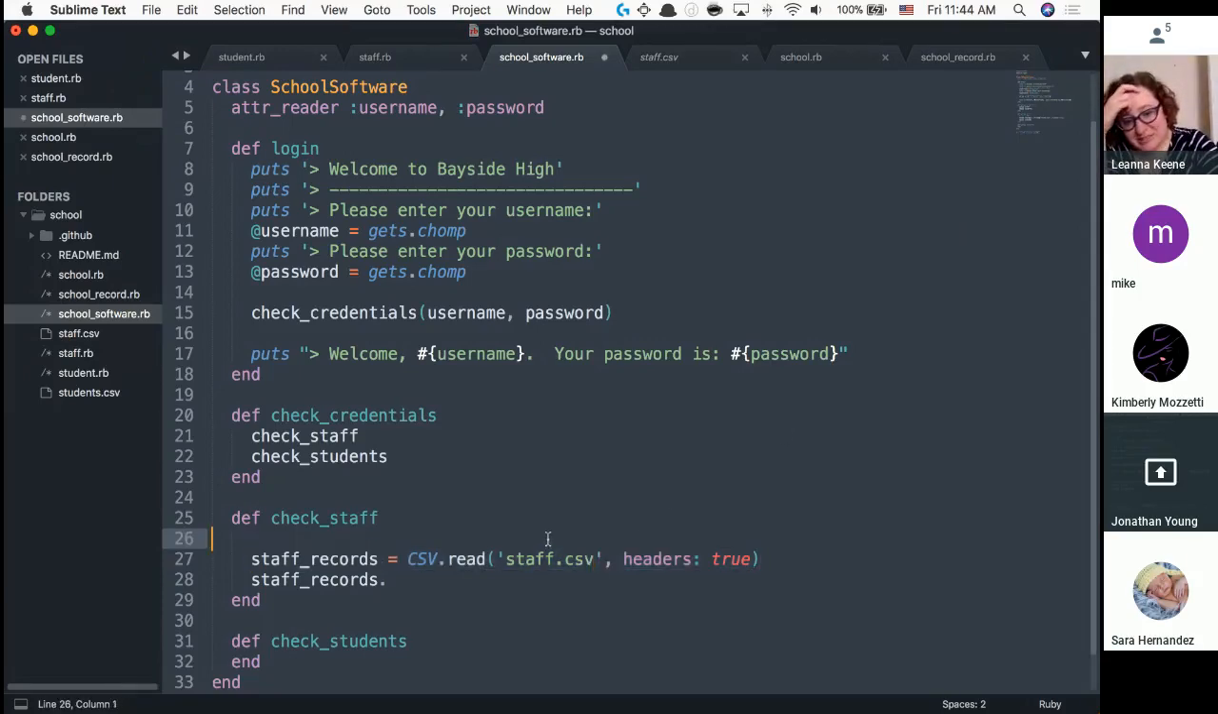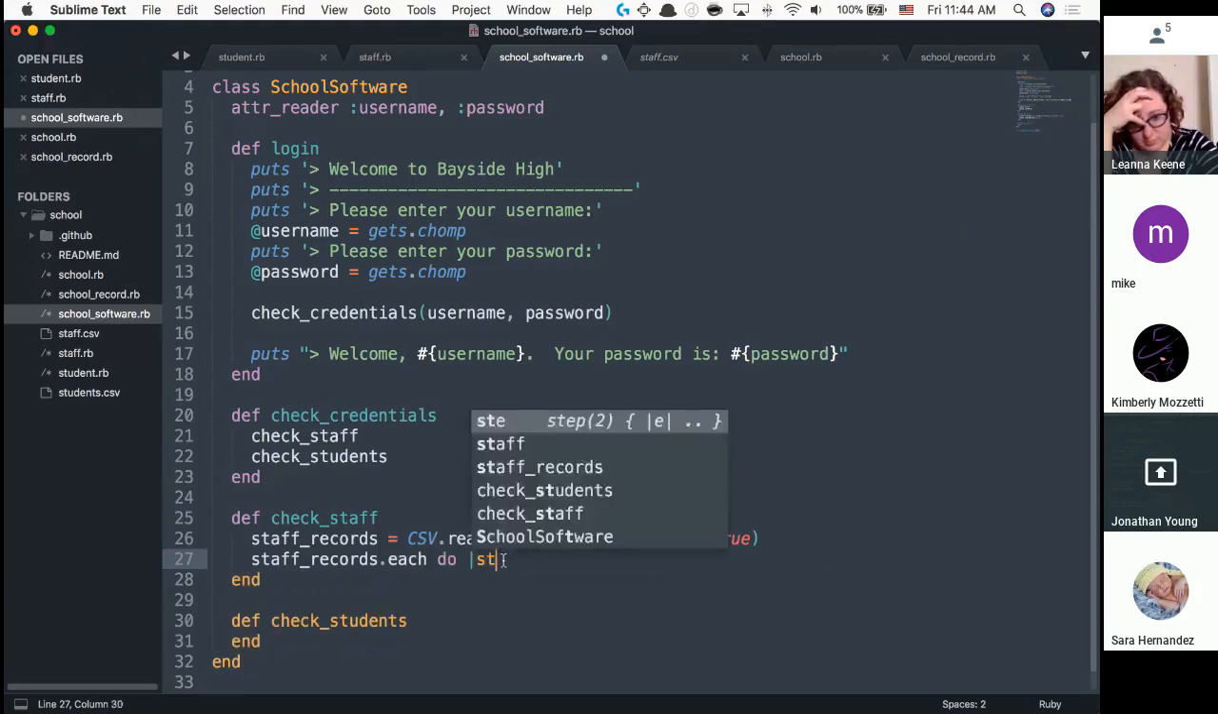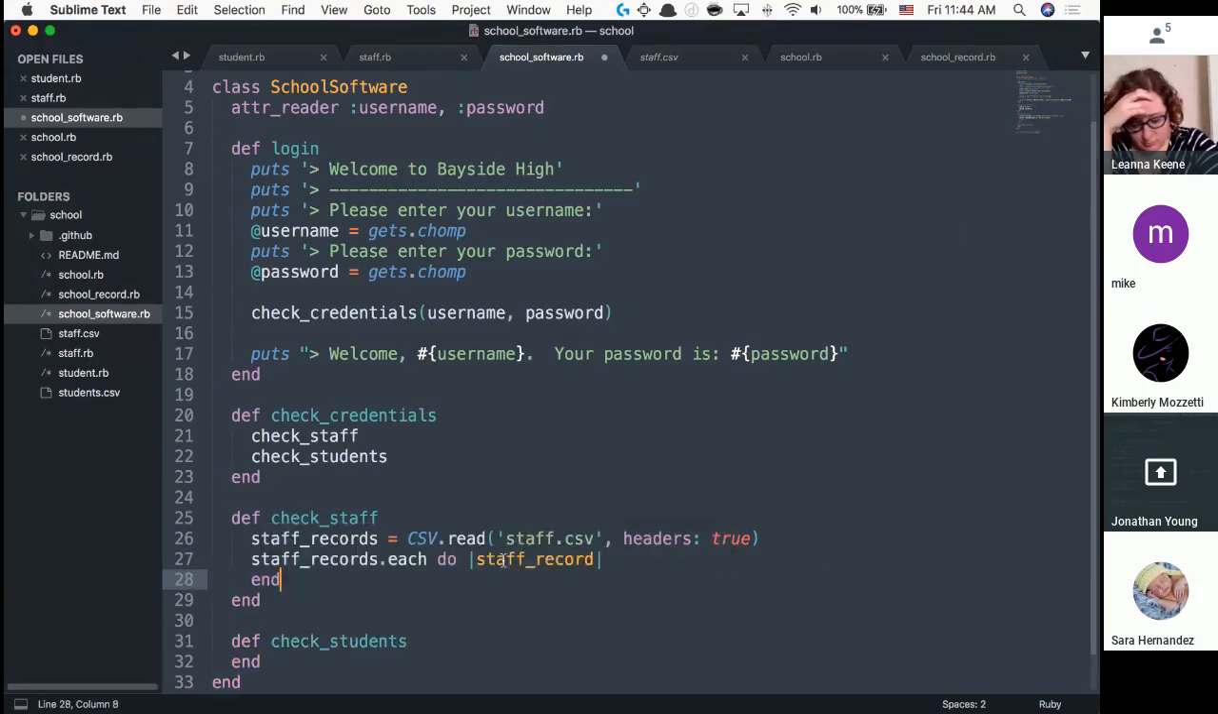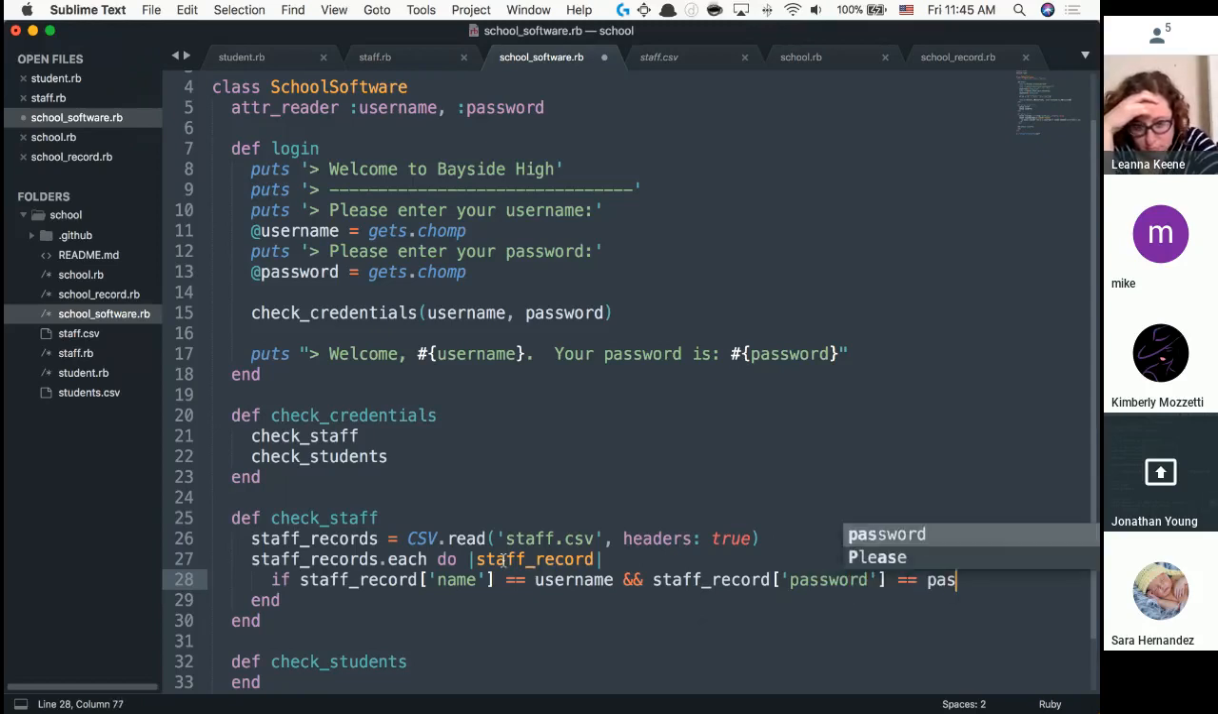All right, so I have the staff records, and I'm just going to iterate over each one of them. Each do staff_record, singular. If staff_record of name is equal to the username, and staff_record of password is equal to the password that you passed in,